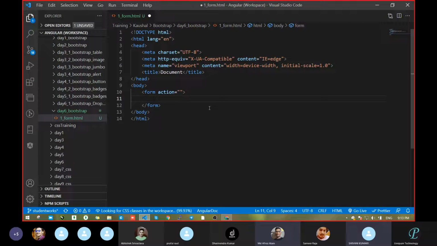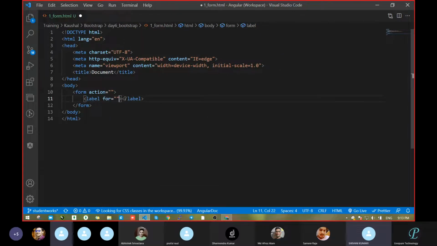Which one, sir? I want two fields, email ID and password. Okay, Shivani Kumari and Sweta, both of you. Yes, sir. Firstly, we write label.